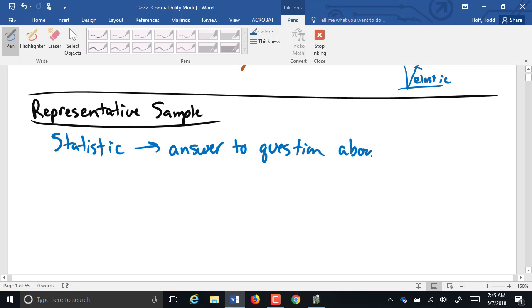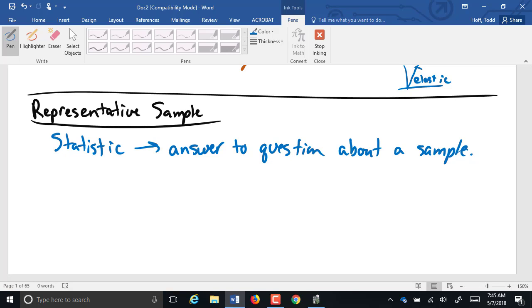But it's describing the sample. So back to that school board election, let's say we called 200 people and we came to the conclusion 60% of those people that responded to our survey said they were going to vote for candidate A. That's a statistic. That's talking about our sample. After the election, 57% voted for candidate A. That's the parameter.